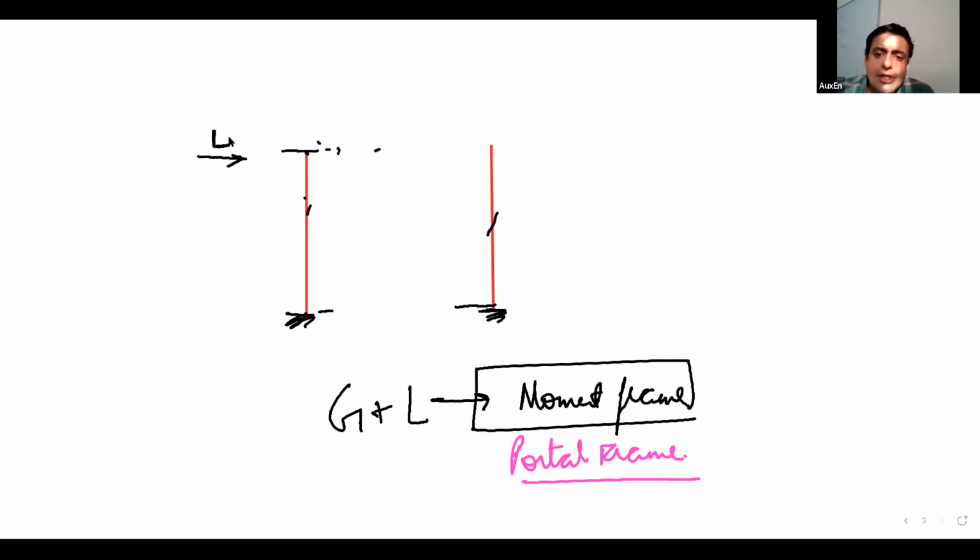That means this joint cannot resist any moment. So this joint and this joint are simply supported. Now, if I apply gravity loads, how will this gravity load be resisted? So what will happen? You will get a bending moment diagram in the beam like this, pure sagging, isn't it? No moment gets transferred to your column, and just the axial loads get transferred to your columns.